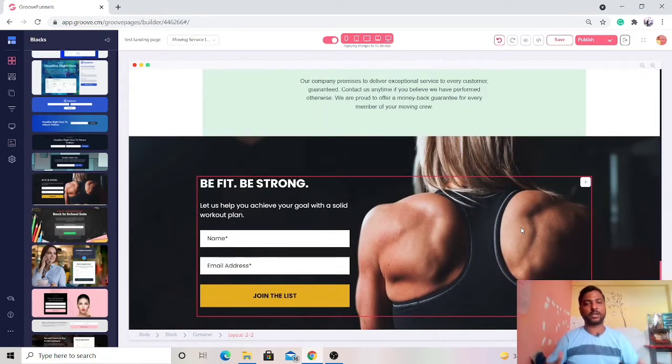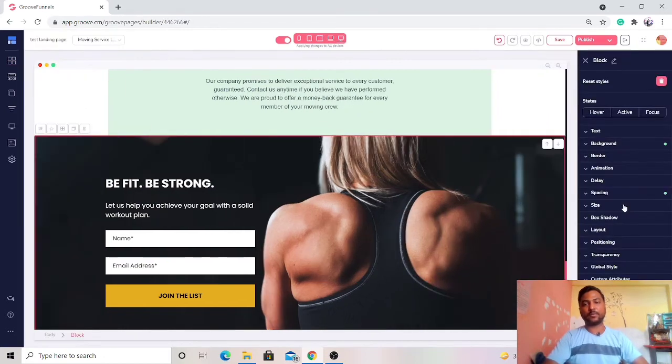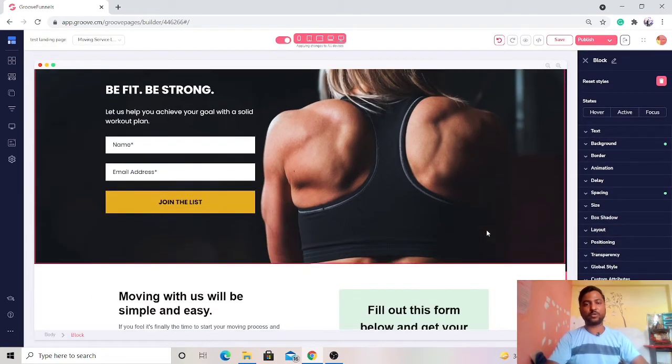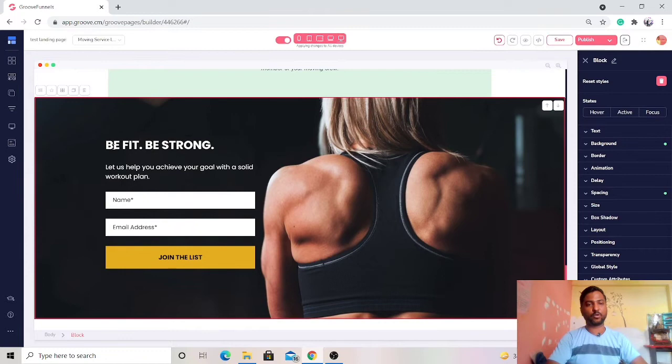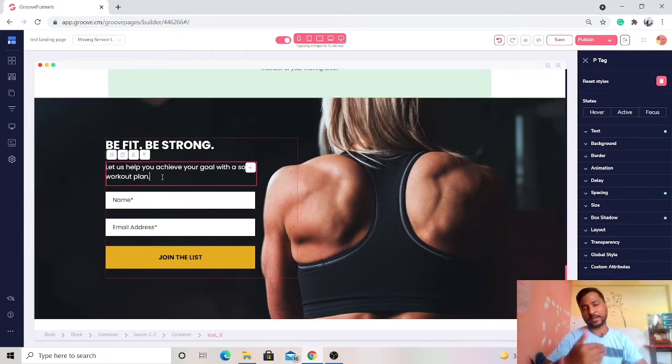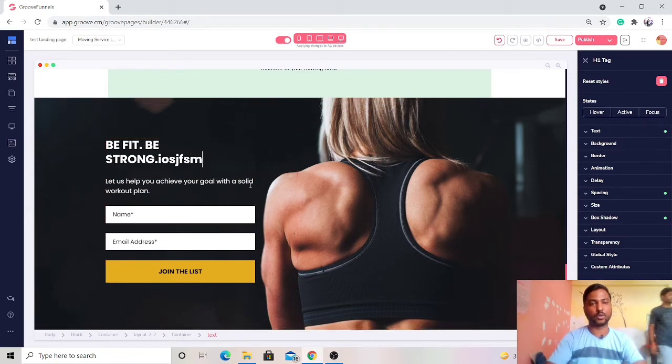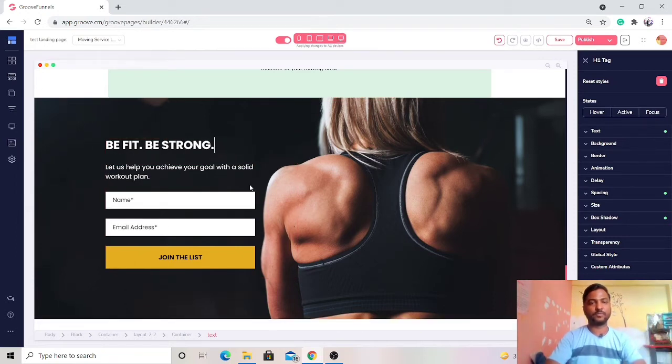We were able to drag and drop this form, and inside this form if you want to change the background, the background images, or these H1 and H2 areas, you can do that as well. You just have to select that area and write down your words, whatever you want, like this.